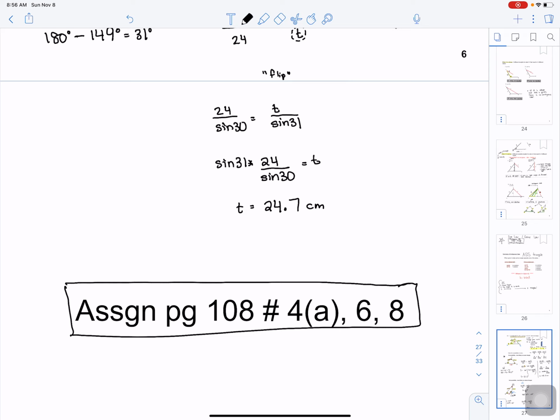You'll have to recognize that the triangle drawn out or the triangle information given to you is kind of like an ASS triangle, and then you start to proceed with the lesson that we just learned. Okay, I will post some more practice on ambiguous case in the D2L shell, and we'll continue with